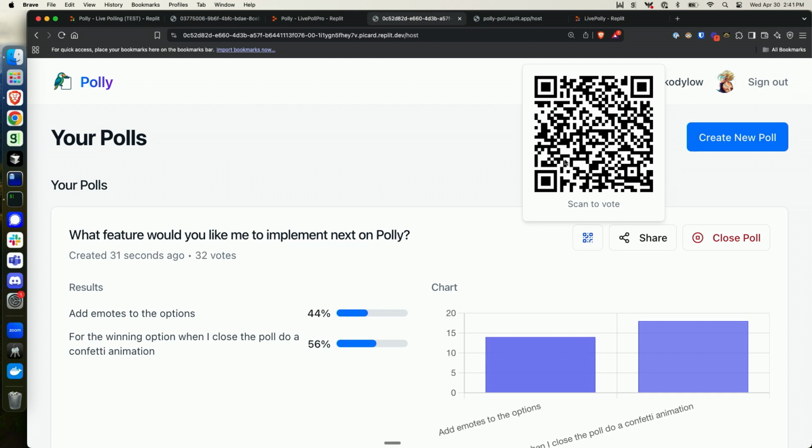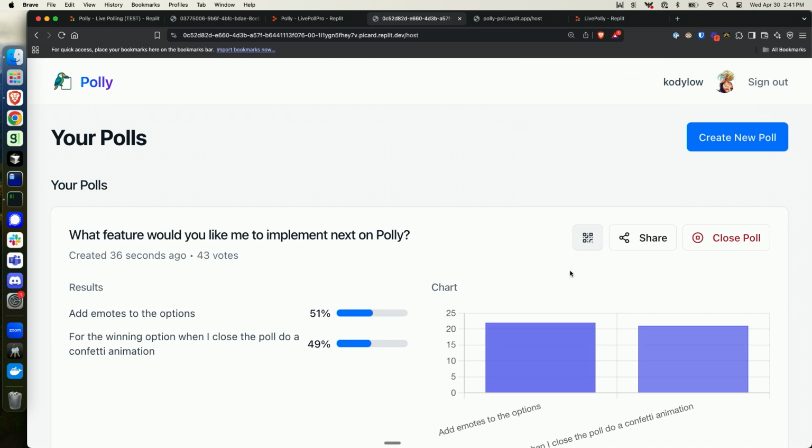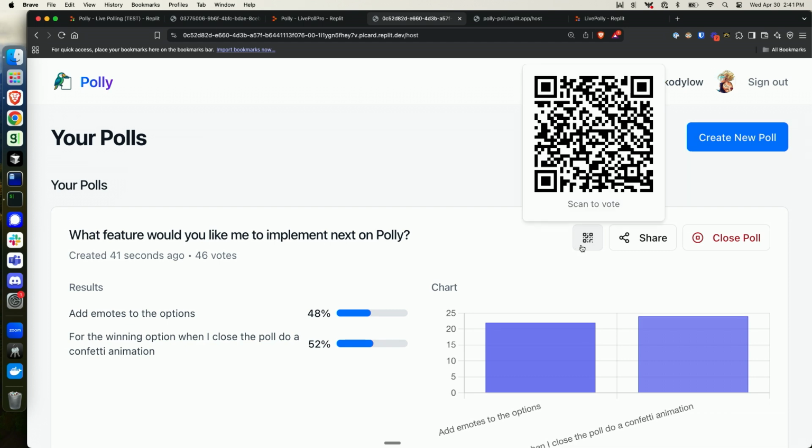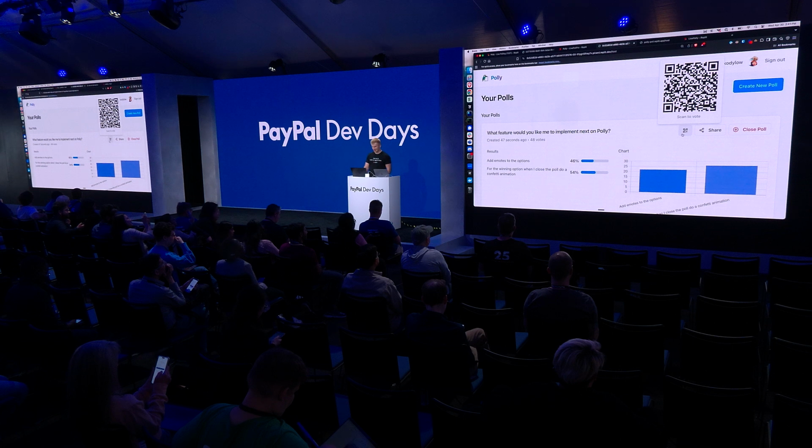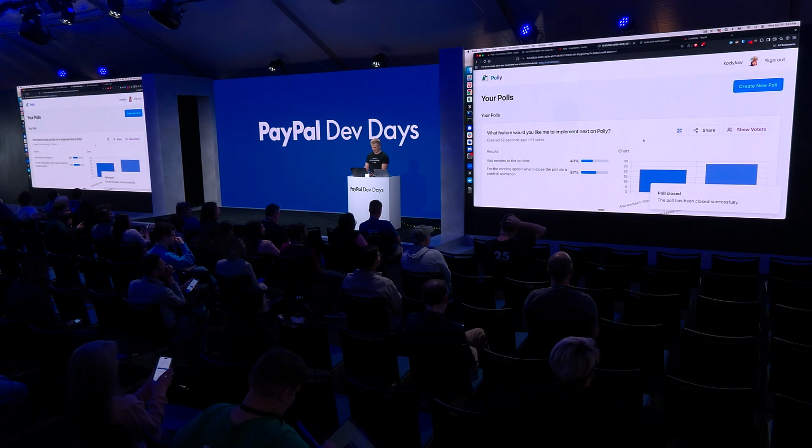Pretty neck and neck. Emotes takes the lead. There we go. Okay, 10, 9, 8, 7, 6, 5, 4, 3, 2, 1. Okay. I'm going to close the poll.